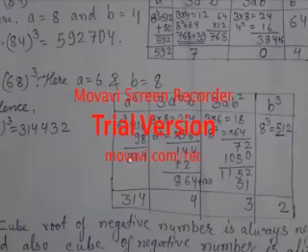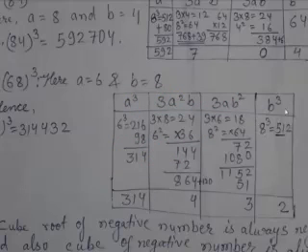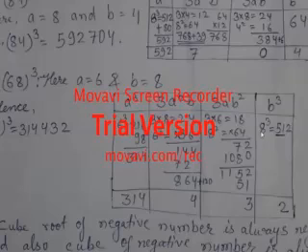Here in question 3, I have made a little bigger box and tried to make it clear. You can see the tens digit a is 6 and the unit digit b is 8. You start from b cube, not from a cube. So 8 cube: 8 eights are 64, and 64 into 8 is 512. I remembered it, so I wrote it. If you don't know, you can simply multiply and write. So 512, we write 2.